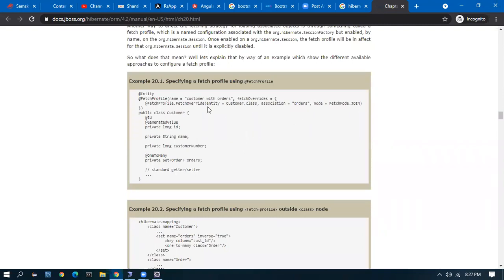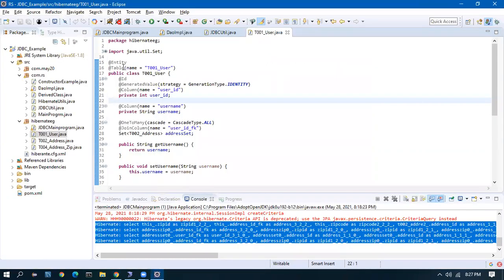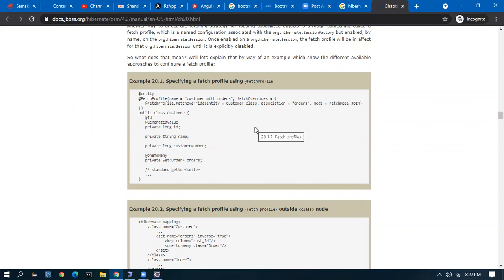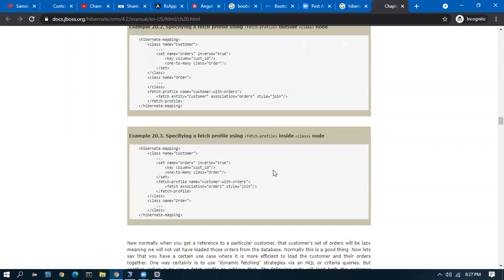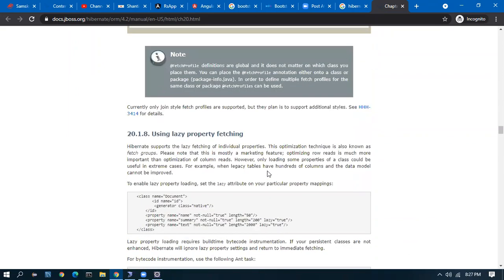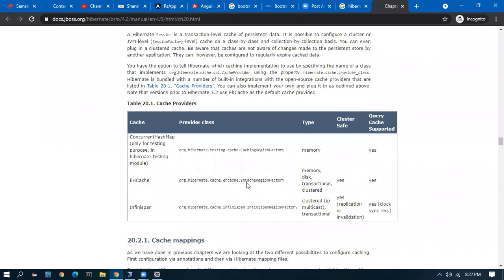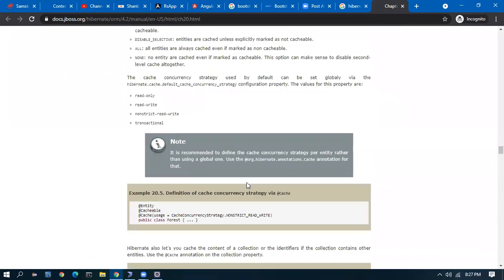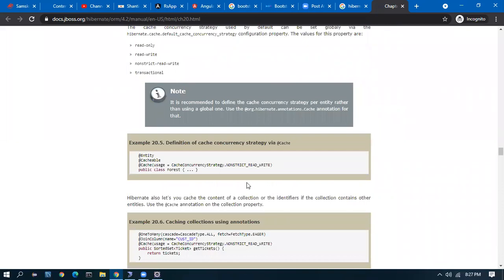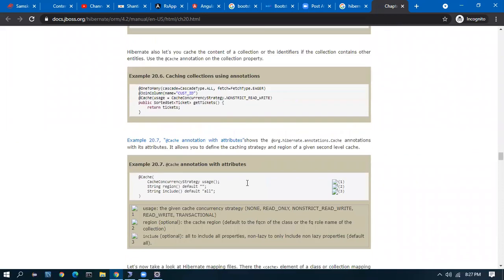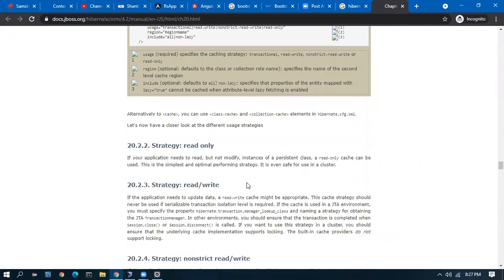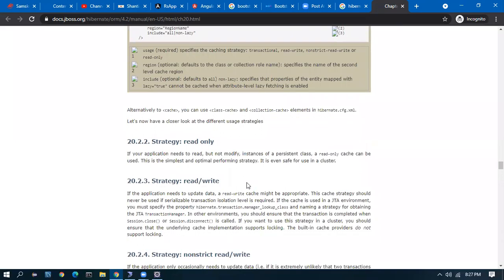Here it is. In the fetch profile, no. Do we have a fetch profile? No. Not this one. One second. I took the documentation this morning. Let me search on my other machine.